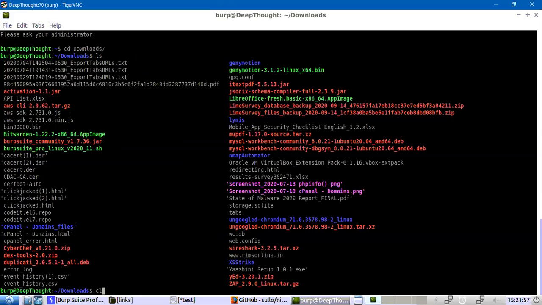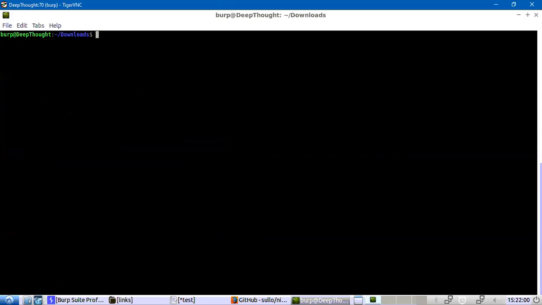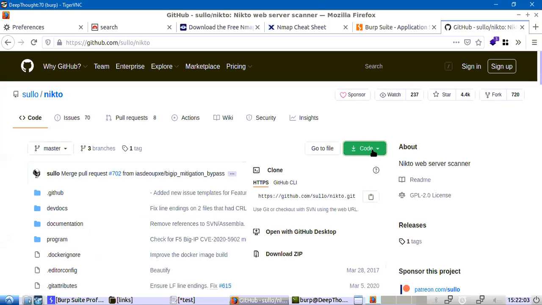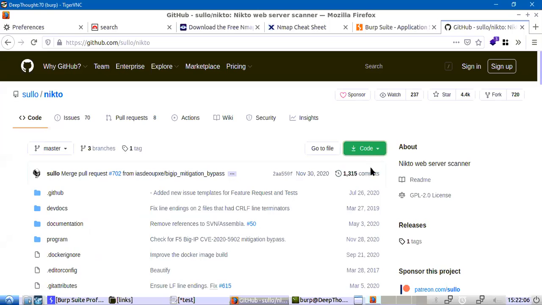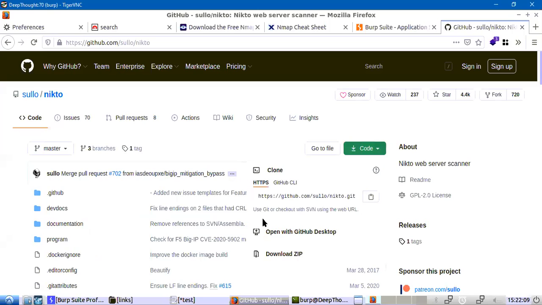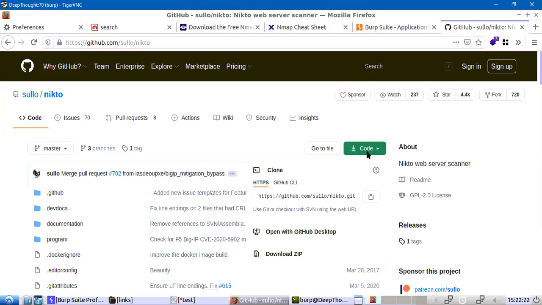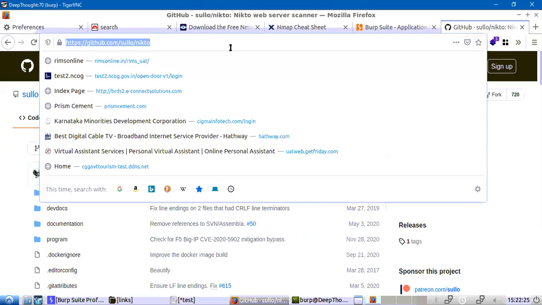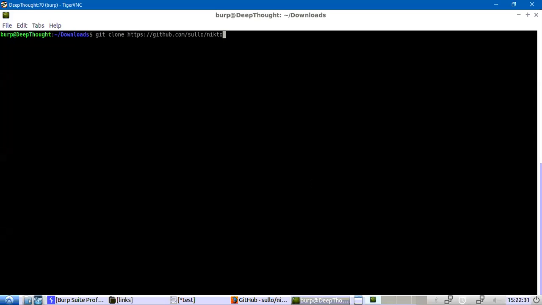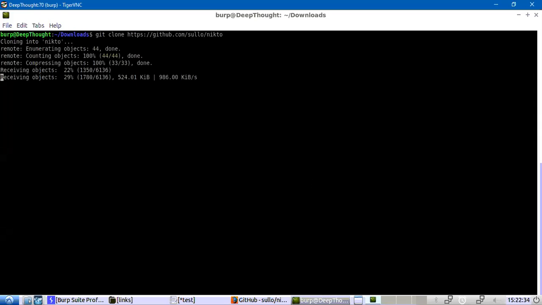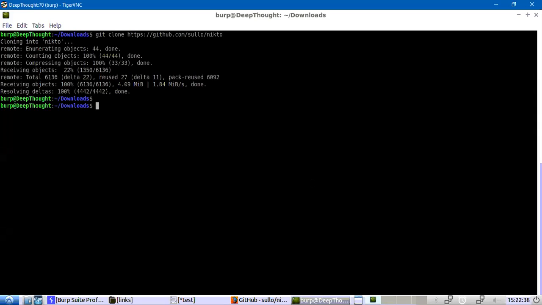We'll put it in the new repository there. So we go to GitHub, code, copy, and then you say git clone and the URL. We can simply copy this. It creates a folder by the name of Nikto, downloads the whole repository, and then we can enter Nikto. ls